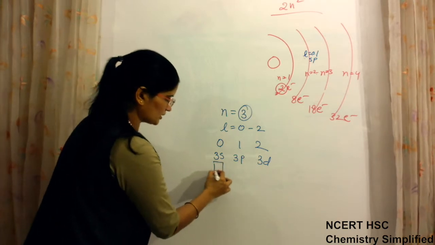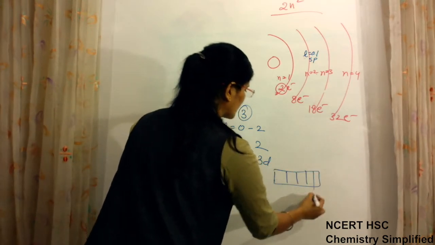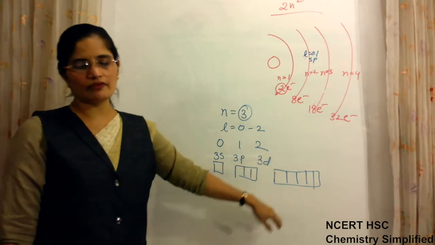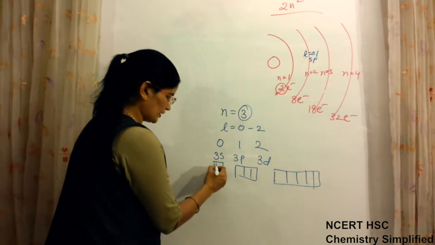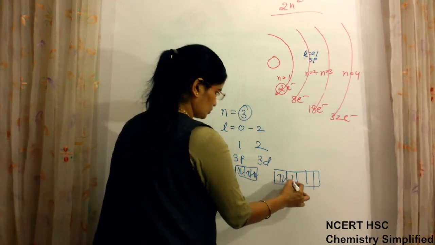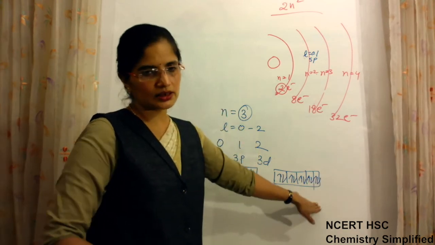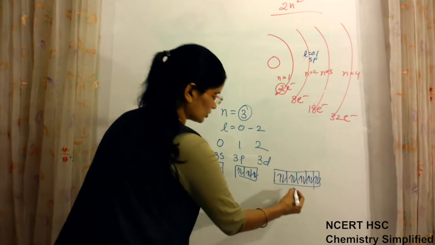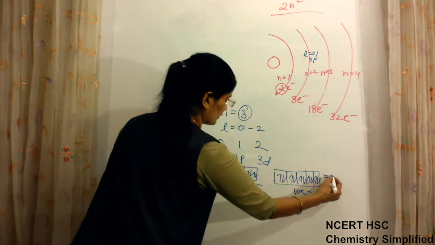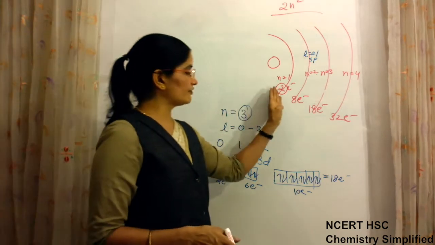S will have 1 orbital, p will have 3 orbitals, and d will have 5 orbitals, because the number of orbitals is fixed for a particular subshell. Now each one of them will have 2 electrons. So 2 electrons here, 1, 2, 3, 4, 5 and 6. 2, 3, 4, 5, 6, 7, 8, 9 and 10. Because 5 orbitals are there, each will include 2 electrons, so total electrons are 10. It is having 6 electrons, it is having 2 electrons. The total becomes 18 electrons. Okay. So like this, the electrons get filled in these.